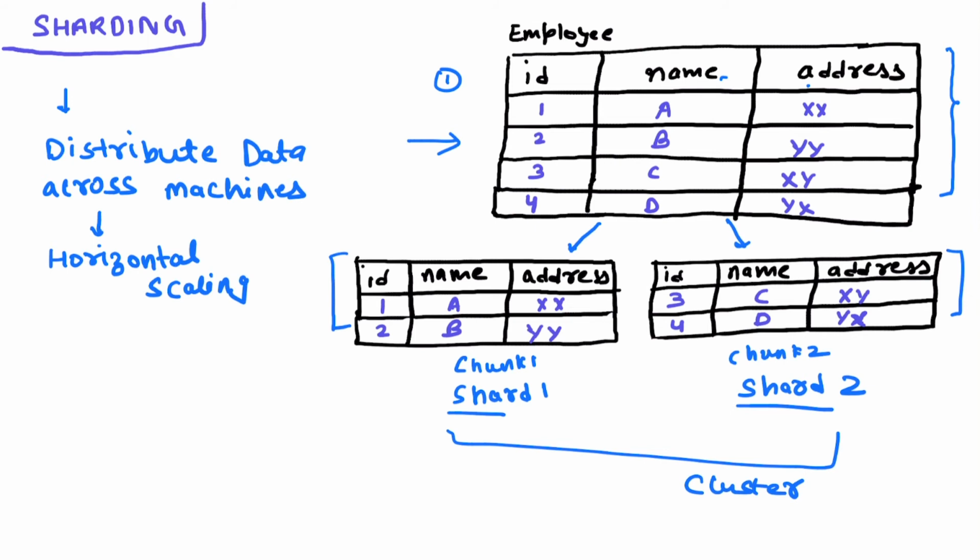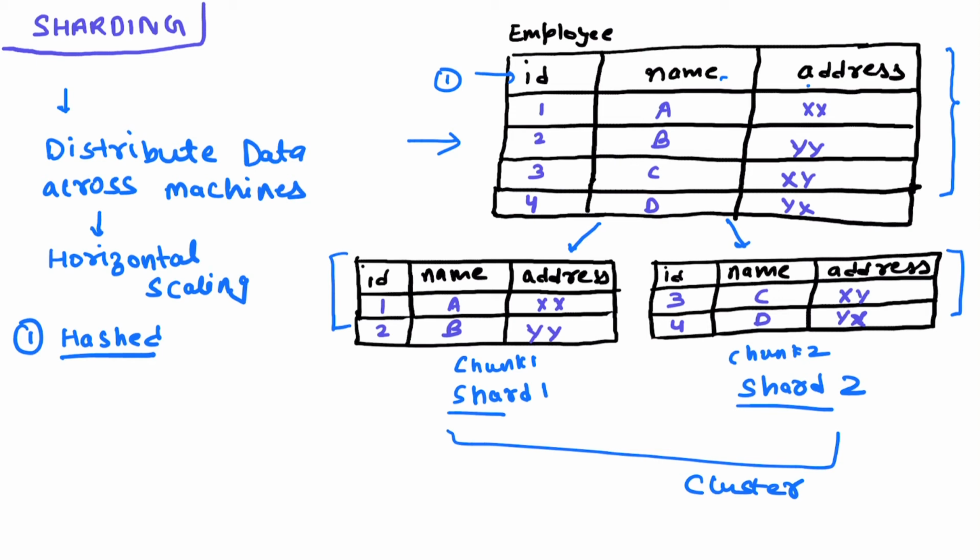Now there are different types of sharding mechanisms using which you can distribute your data. The first type of sharding is hashed sharding. What does hashed sharding mean? Hashed sharding helps you to pick your ID. You can define any single column as your key, or you can define a combination of columns as a key. Let's take an example. I define ID as my key, and I can use the hashed sharding strategy using which the data will be distributed across different machines using a hash function.